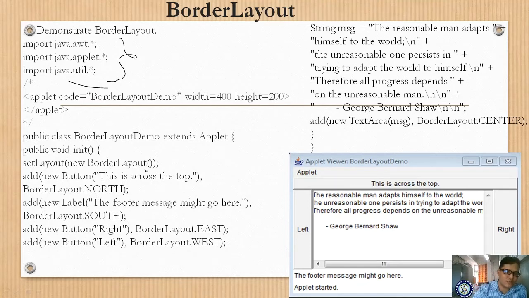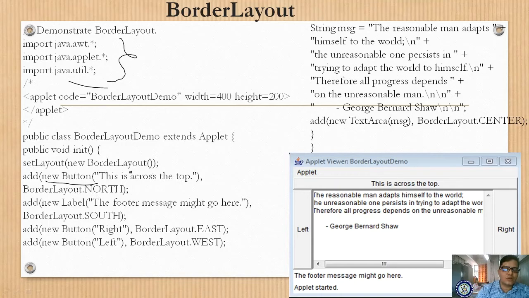Now we are taking the public void init method, the initialization method. In the initialization method I am taking setLayout(new BorderLayout()). So automatically what layout am I taking? Border layout. Whatever control I am taking, it will automatically assign and arrange. Now let us add a new button. You are directly adding a new button to your container.